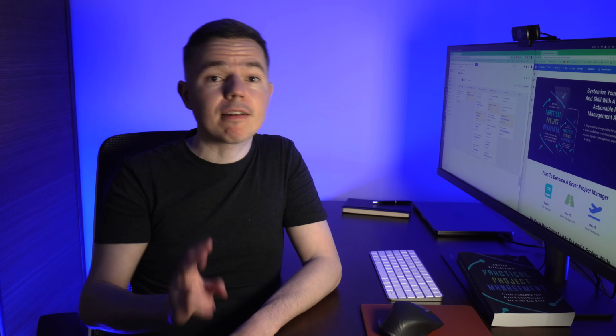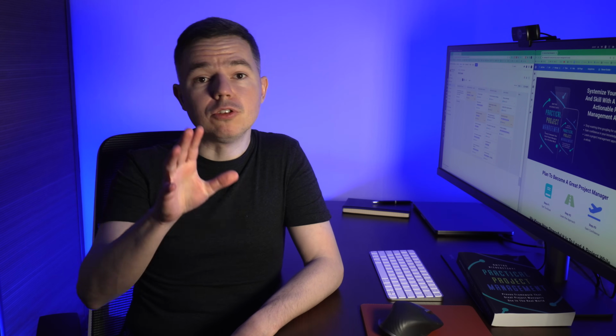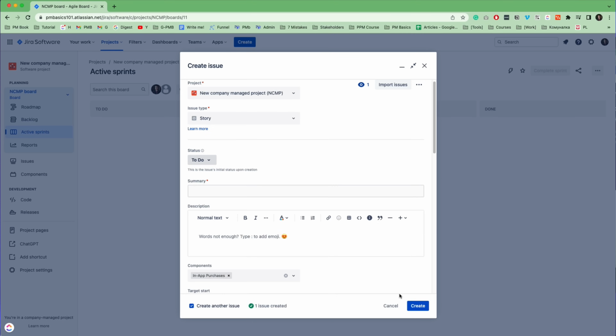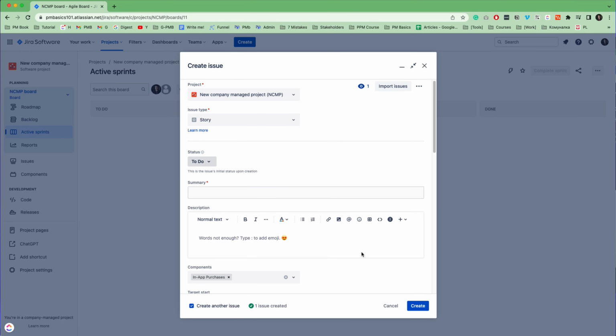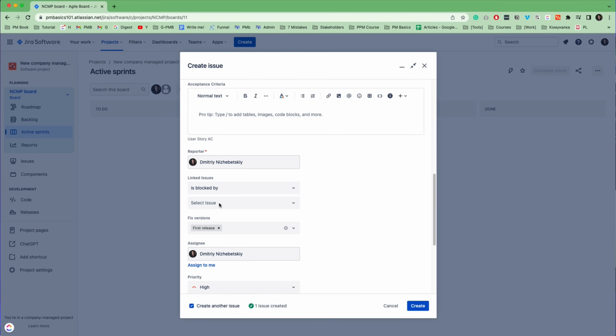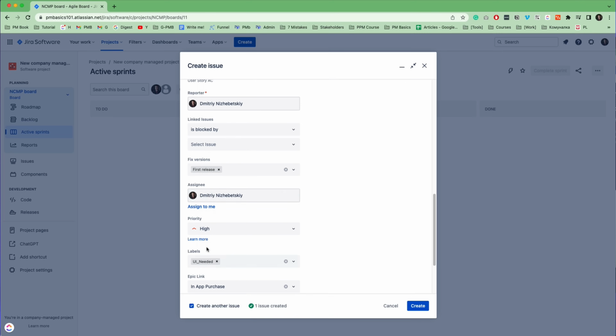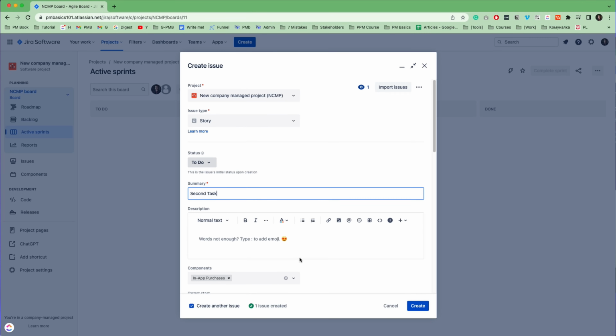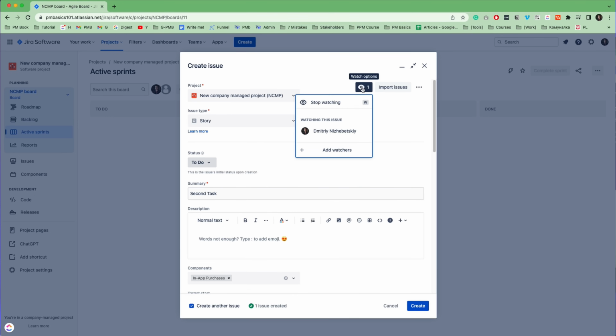Last but not least, there are two useful features that you need to know about. First, you can check this box, and once you click the Create button, Jira will create the issue and open a new dialog box for the next ticket. But what's more important, it will pre-fill all the fields with the same values as the previous issue. It will save lots of time and effort for you to rapidly create issues. Second, at the top of the dialog there is this I button.